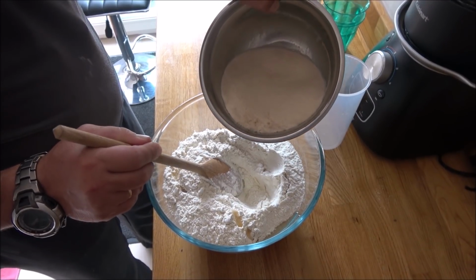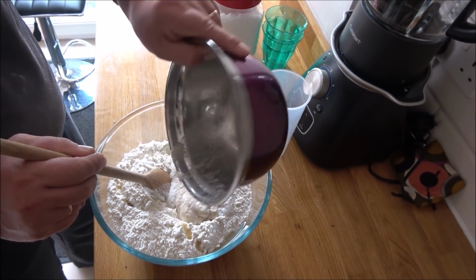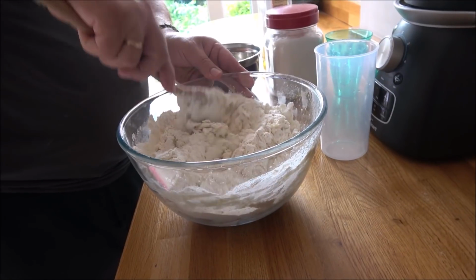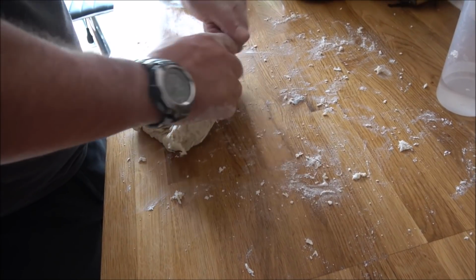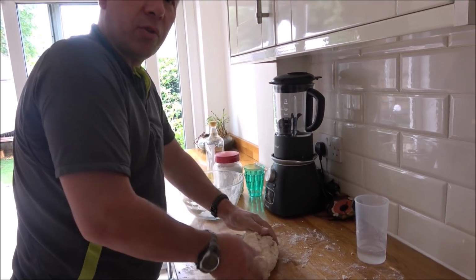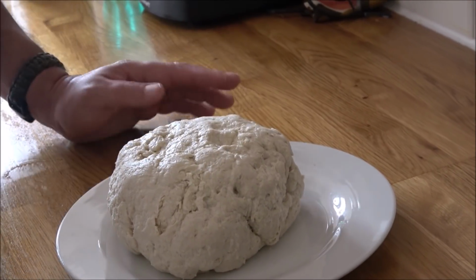Right, now I'm going to add the yeast mix into the little well I've made, and then mix all this together. Going to knead it, keep kneading the bread, and then I'm going to leave it to rest. So I'll leave this to rest now, guys, and then I'll start making the pizza base and adding the toppings,